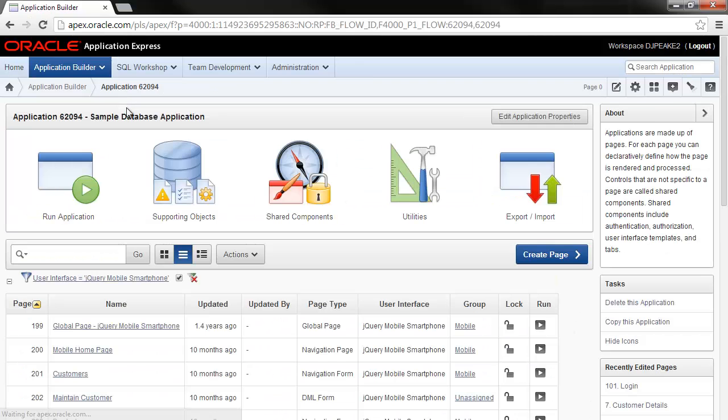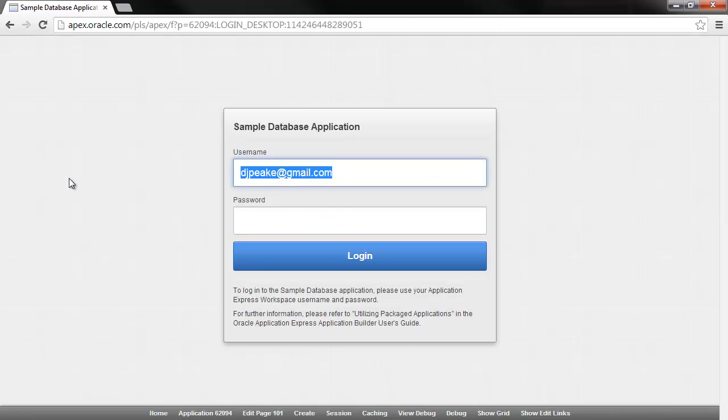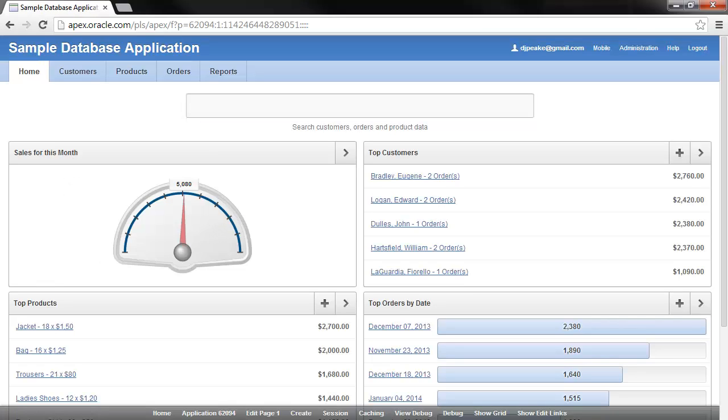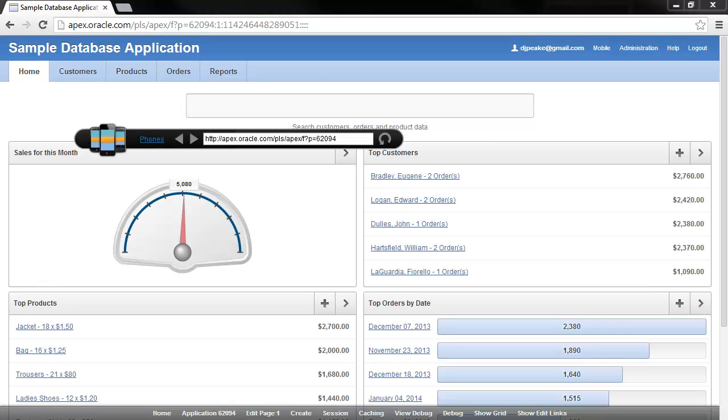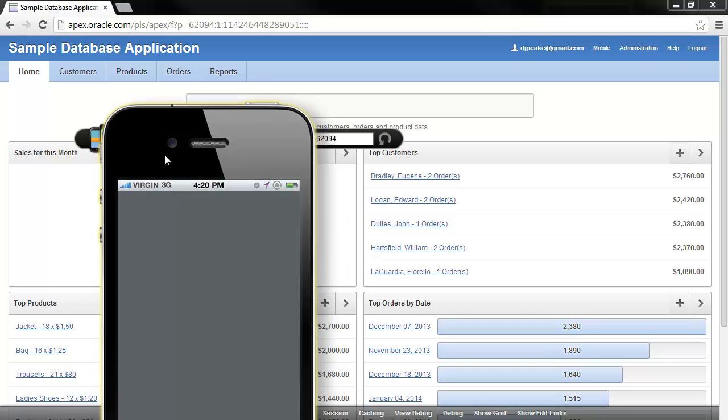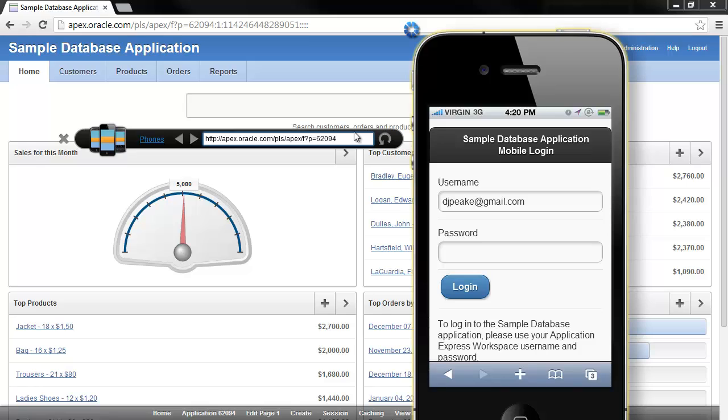Okay, so let's run this application. I'm simply going to run this, and because I'm running it on my desktop, it's going to come up with a desktop login. Now what I'd like to do is go over to an emulator I have called Mobilizer, and I'm just going to bring up the iPhone 4. It's the one that fits best on my screen here. And you can see I have my mobile login page because I'm bringing it up on a mobile device. And if I log in,